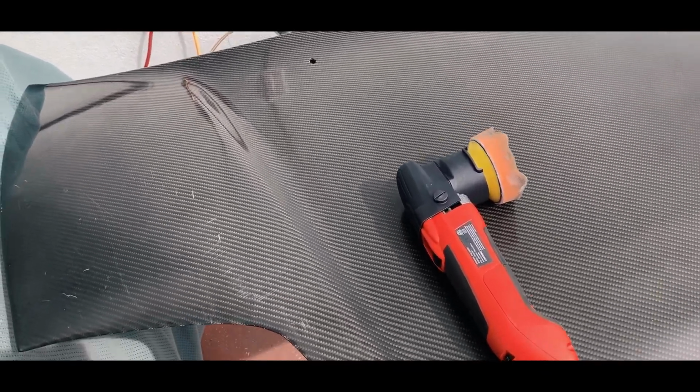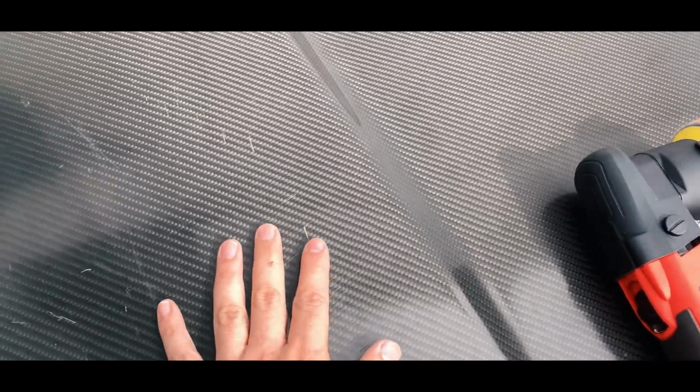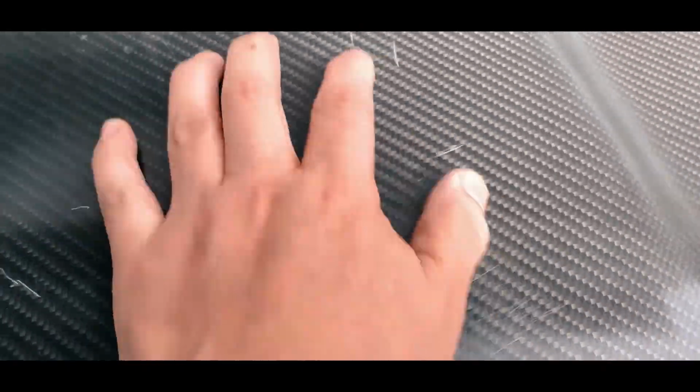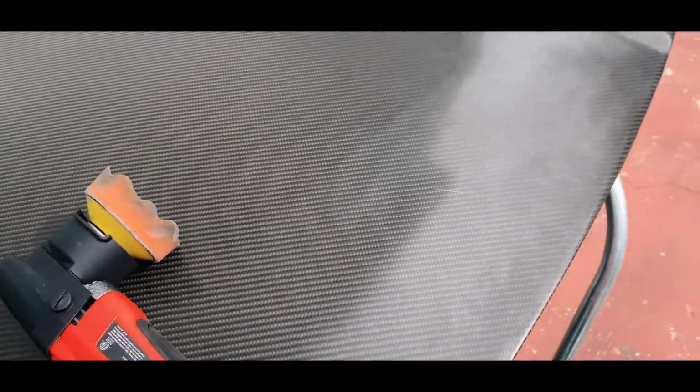Today I'm going to be working on my NSX carbon fiber hood that has so many scratches on it and a little bit of fading. So what I'm going to do, cut it short, is remove all the surface scratches, because they're kind of deep. But if it doesn't work, we're going to respray the whole hood, and maybe we'll do